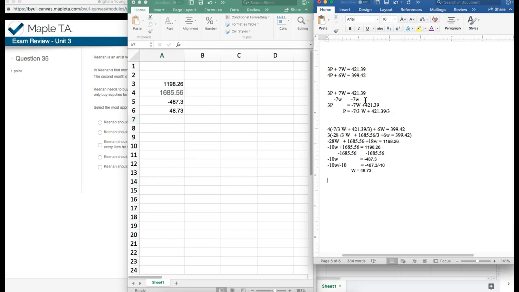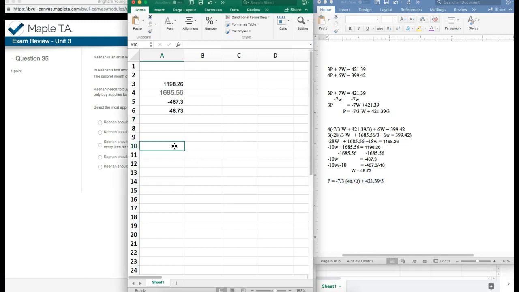So now the next thing is to find out, these were wooden bowls and ceramic pots. So we found out how much the wooden bowls were selling for. Now we need to find out how much the ceramic pots are selling for. And we take the W and replace it with what we found and place it here, substituting it in. And so I'm just going to take this right here and copy and paste that into Excel